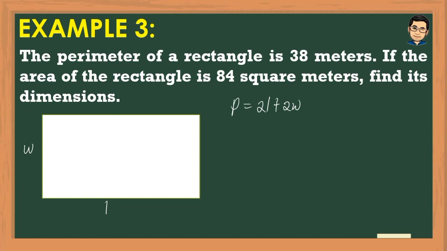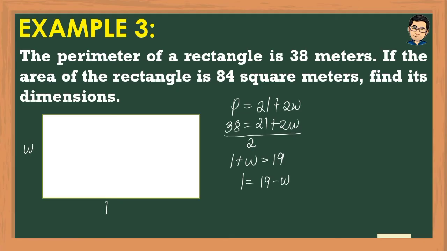So, i-substitute lang natin yung 38 meters na perimeter. Okay, so magiging 38 is equal to 2L plus 2W. And then, we divide the whole equation by 2 kasi divisible naman by 2. So, magiging L plus W equals 19. And then, express natin yung L in terms of W, magiging L is equal to 19 minus W. And then itong L is equal to 19 minus W na to, isa-substitute natin siya sa formula ng area ng